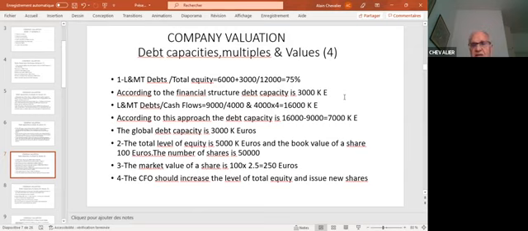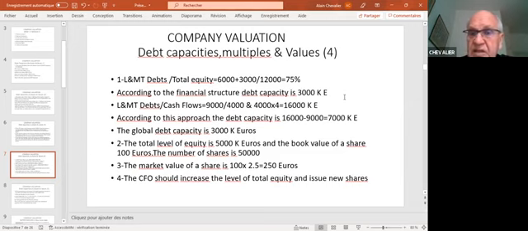In that case, we went through exercises, and we know that if we want to increase the debt capacity, we need to improve the first ratio, the financial structure ratio, long and medium-term debt divided by total equity. And the only way to do that is to increase the level of equity. And the only way, in the short term at least, to increase the level of total equity,